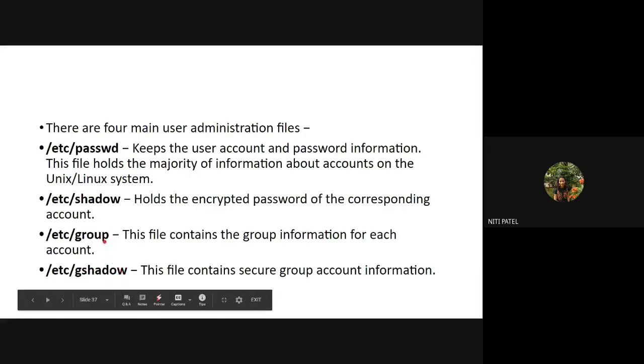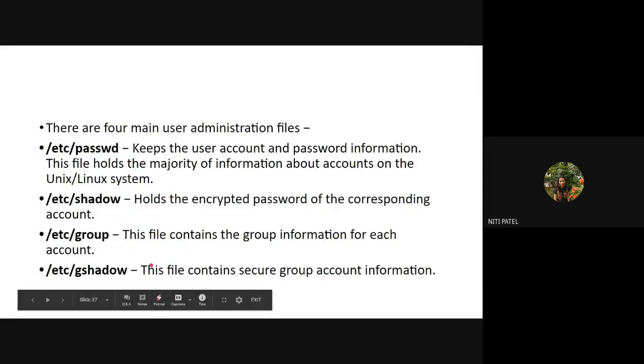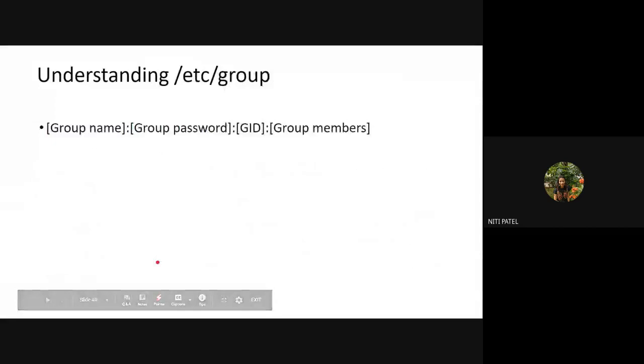Okay. Again, if a group number is 1002, only 1002 can access this information. But if there is a group number 1003, 1003 cannot access 1002, 1002 cannot access 1003. But if I am a root, I can access every password, every shadow, every group, and every group shadow also. Okay. So this is how your group and user informations are maintained in the respective files.